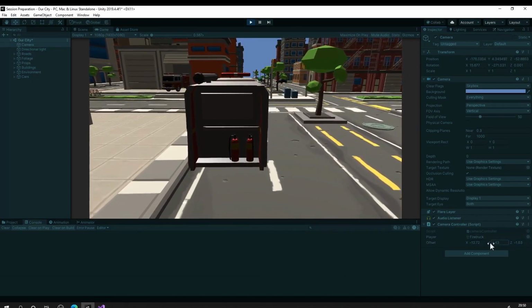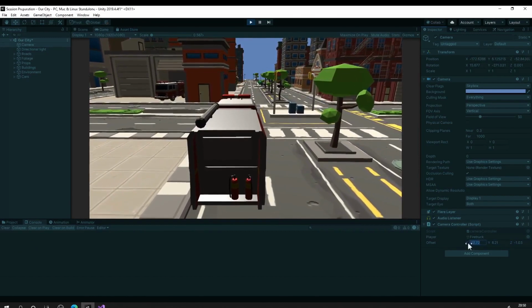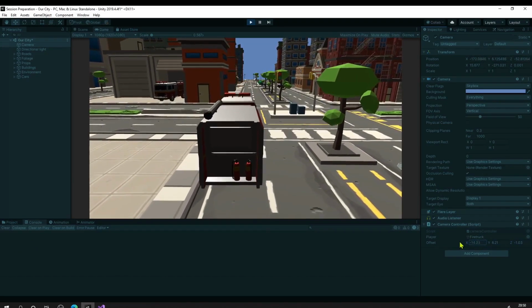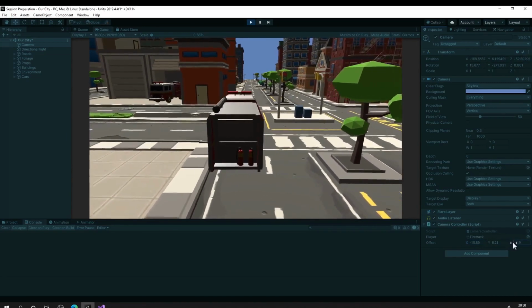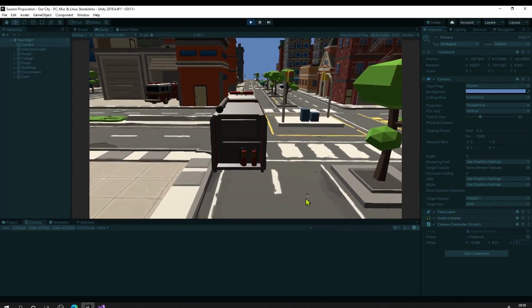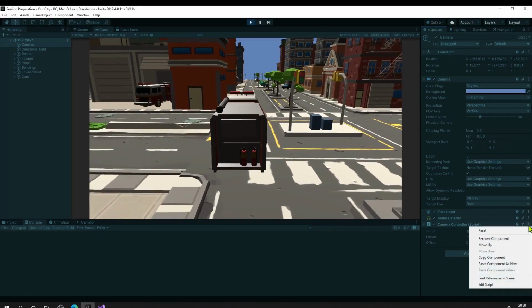Okay, I took just random values, that's why. Okay, it should be above. Okay, these are the values. I think these values are perfect. So what I will do in the play mode itself to save the values, I will just click on these